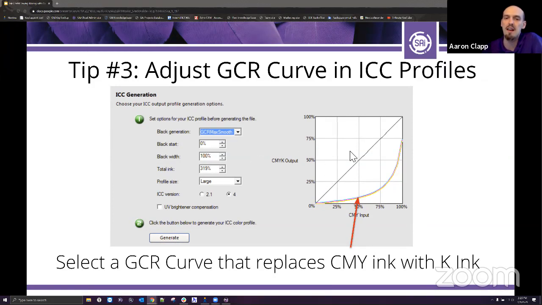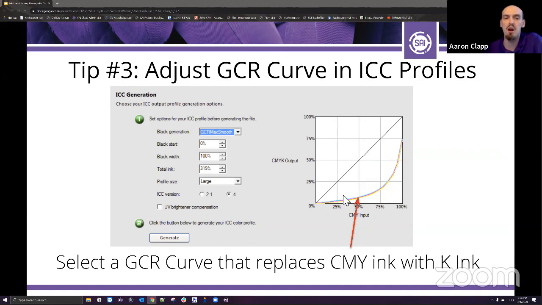And we can see that by this graph here. Right from the 0%, we're pumping in a ton of black, but we're not using hardly any CMYK to fill that in. So this is going to be one of those things that we use to help us save on ink. This is a huge one because as we pile in more inks and more CMYK or more CMY, we're just creating pools of ink,